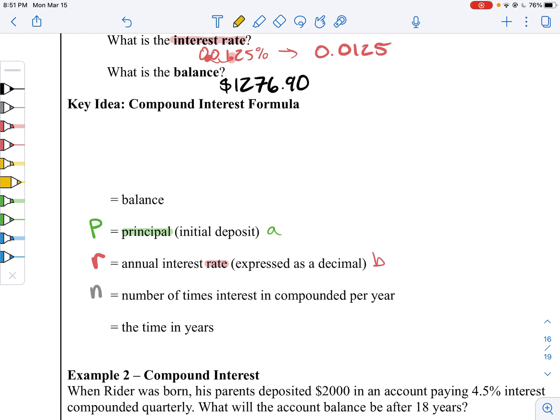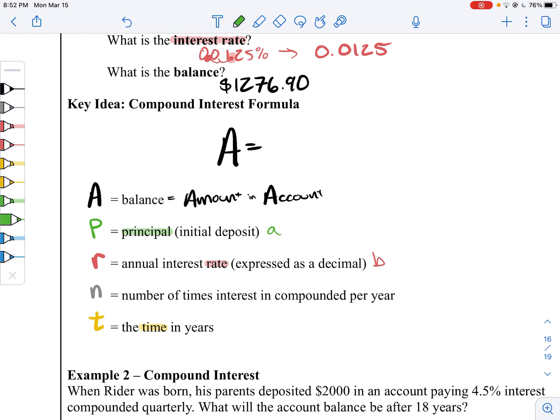And then finally, like our x, we have our time. We're going to represent this with t, the time in years. And then finally, the result will be the amount in the account. So we represent it with A. You can decide if A stands for amount or account. It doesn't matter. Either way, A is going to be equal to,